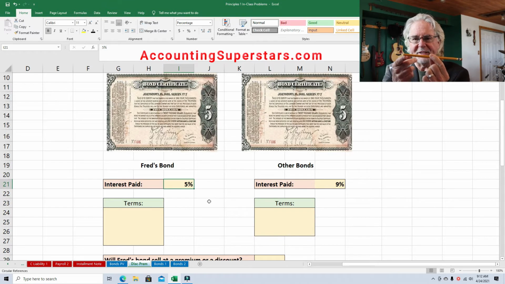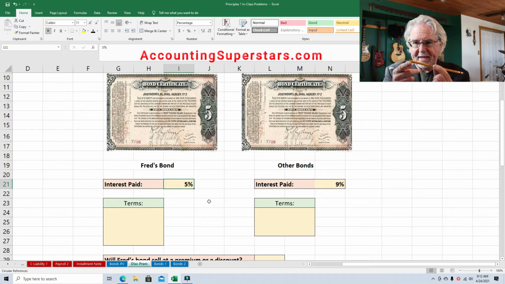So if interest rates in the market are up, like they are here in this example, they're up to 9%, the value of Fred's bonds, that is the eraser, goes down. All right, let me run that by you again in case I went a little too fast. The eraser represents the dollar value of Fred's bonds. And this side over here represents the interest rate for the market. So if the interest rate for the market is higher than Fred's bonds, then the value of Fred's bond goes down, okay? And the reverse is true also. But in this case, the market rate is higher, so the value of Fred's bond goes down.